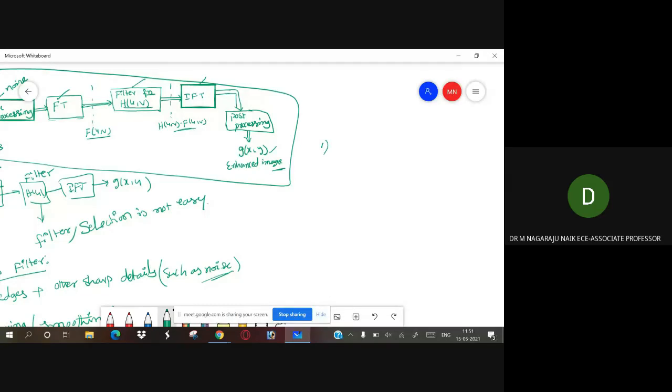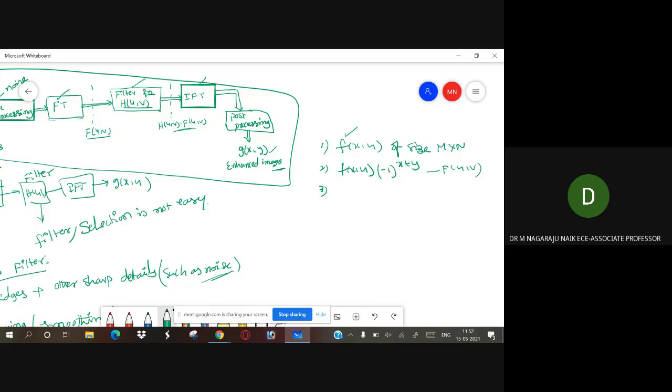The first step: an input image f of x comma y of size M into N. Now we can select any size of input image f of x comma y. Then we find the Fourier transform, after multiplying by minus 1 to the power x plus y, and then you will get F of u comma v.